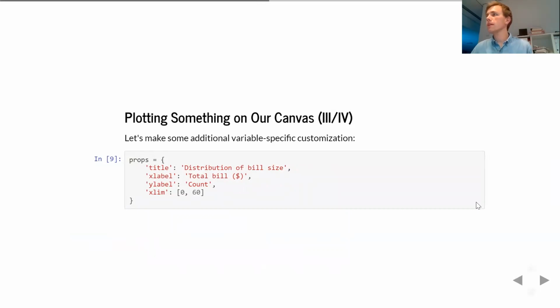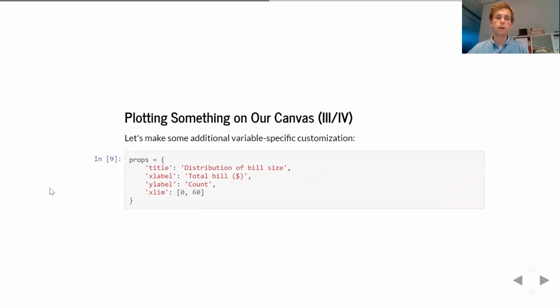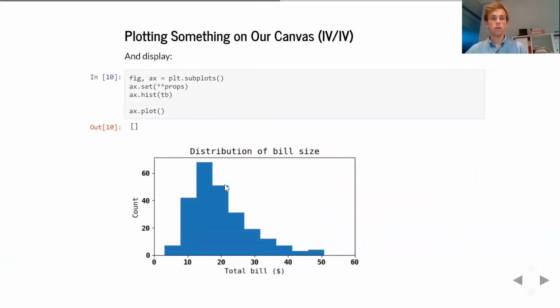Okay, but now let's make some graph-specific customizations to this plot. I mean, this plot is not complete, right? For instance, we may want to choose a title for our plot. So we're creating this dictionary that basically holds these specifications. We want to set a title, and that's what I specify here: distribution of bill size. Then we want an x label and a y label, and we also want to set the limit on our x axis. Okay, so then we use this dictionary